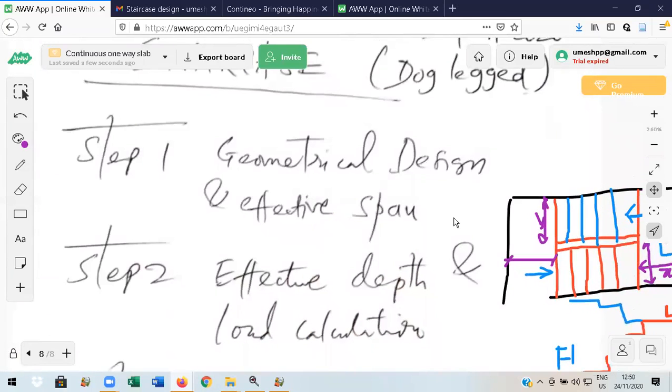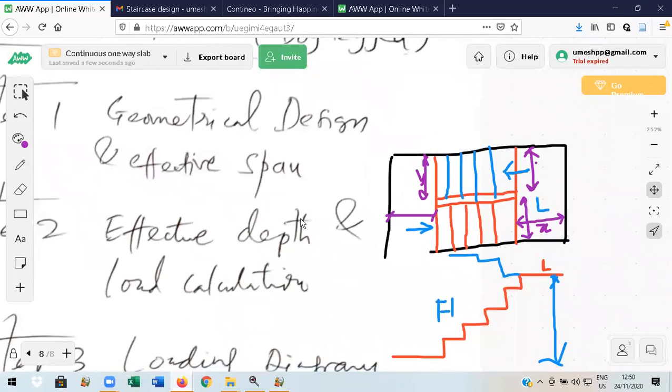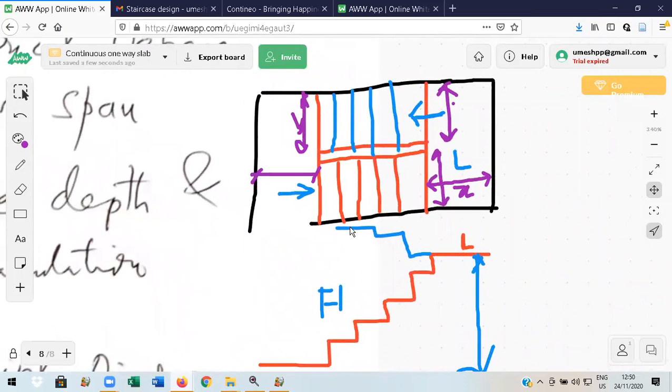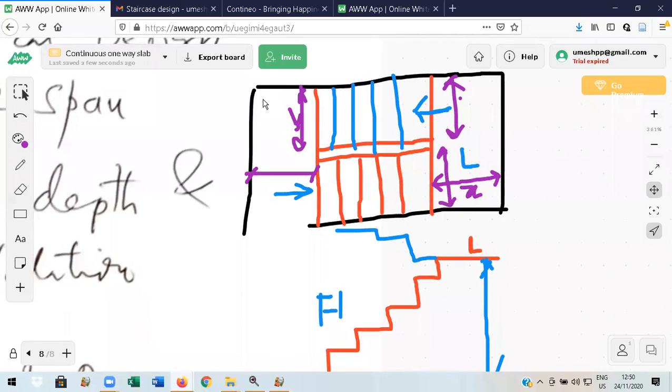Geometrical design and effective span is step number 1. In today's class, I can only cover this much. Only step 1 can be explained in today's class, which is already done in your building construction subject. So in step number 1, we are going to plan the geometrical